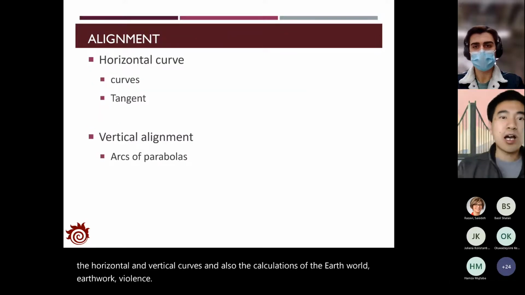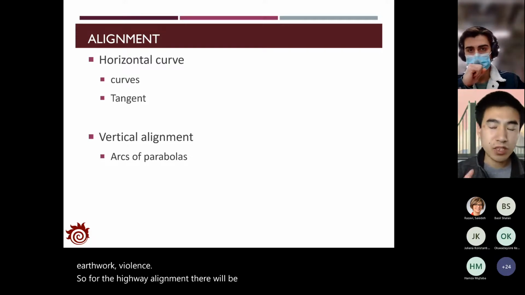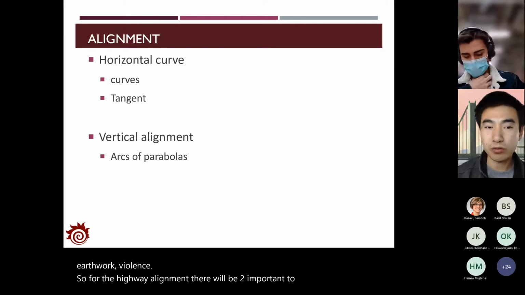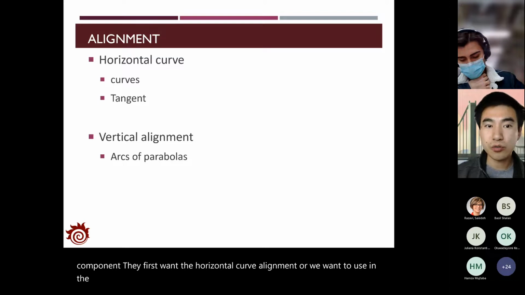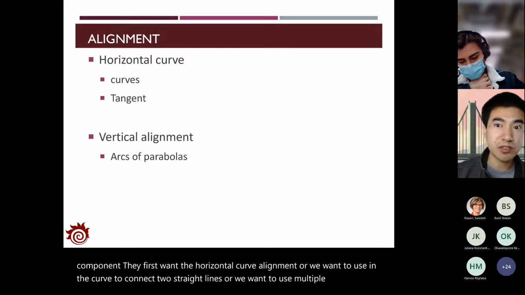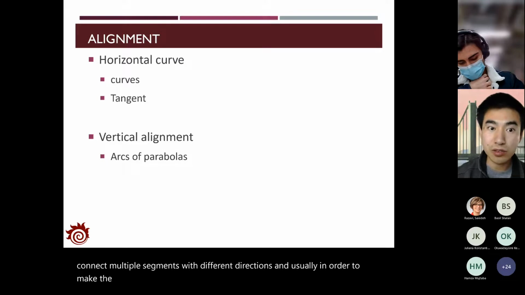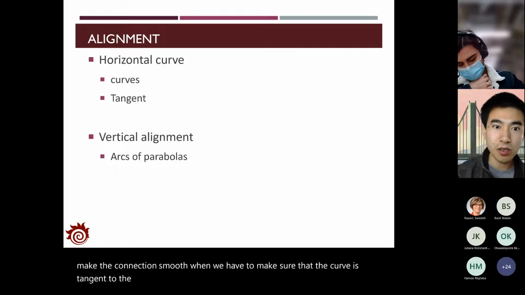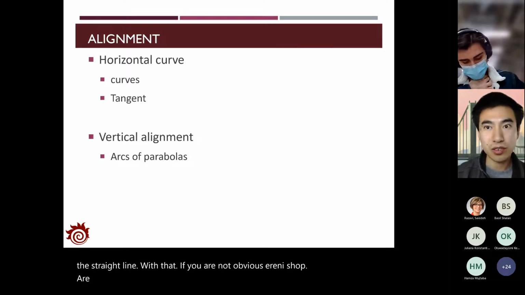So for the highway alignment, there will be two important components. The first one is the horizontal curve alignment. We want to use the curve to connect two straight lines, or we want to use multiple curves to connect multiple segments with different directions. And usually, in order to make the connection smooth, we have to make sure that the curve is tangent to the straight line. With that, you will not observe any sharp changes of direction when you are